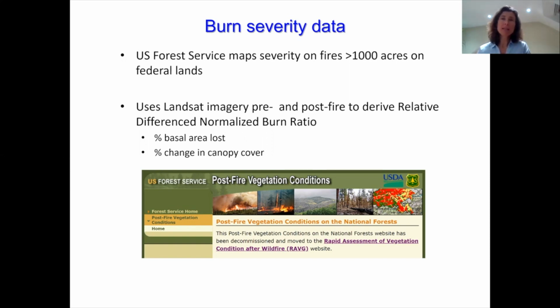The normalised burn ratio is determined on Landsat imagery, both pre-fire and post-fire, and a couple of the outputs that are given include the percent basal area lost and also the percent change in canopy cover. And we focused on the percent change in canopy cover and integrating that into our hydrological model.